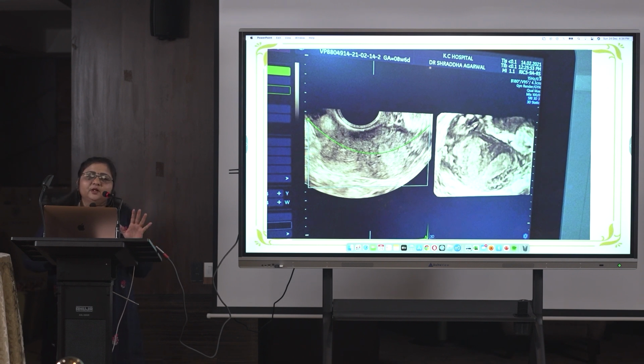I always prefer to do a 3D ultrasound also, but HSG is always combined in an infertility workup because it always gives you a better idea of whether tubes are patent, whether both ovaries are there, whether free spill is there, whether it is a partial septate, complete septate, or unicornuate. A rudimentary horn is always better seen on an HSG.